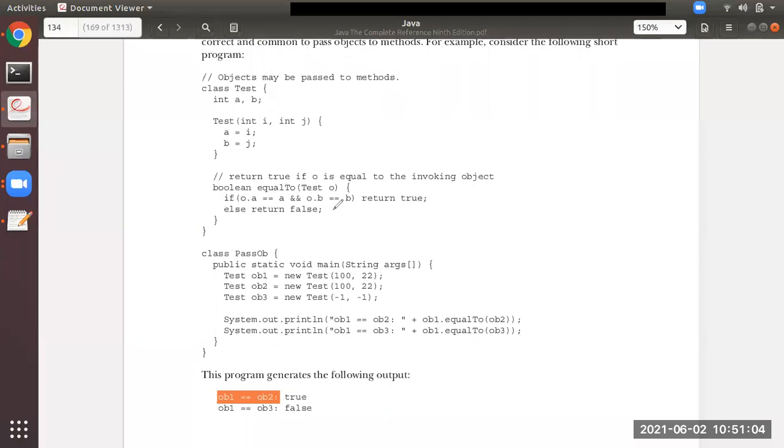So they are all the same. Double equal to means they are same, true. And over here also it is true. It is a logical and. If this is true, then only from here it will check this one. So this is also true. So the if condition is true now.